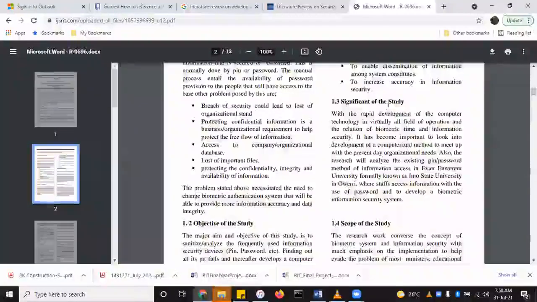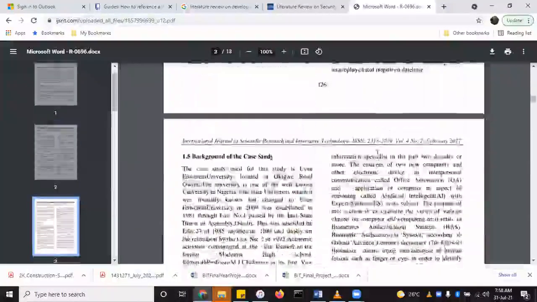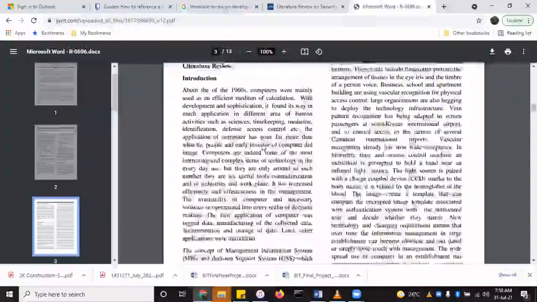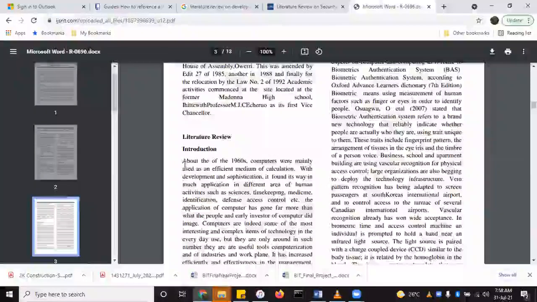So the same thing, you have the significant study, scope of study, and then so on. Okay, so now literature review. He goes about this, another approach you guys can also go with. You can start with a history, in literature, just history, definitions about biometric systems. And I think that's what he talks about. So about there are typos in his document as well. Anyways, okay, so about the